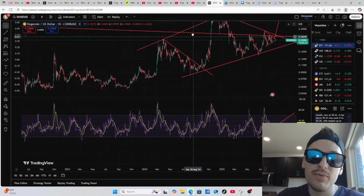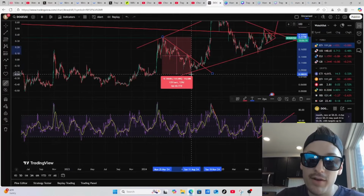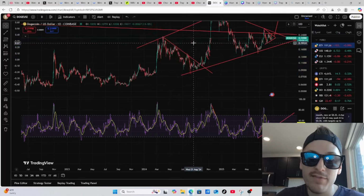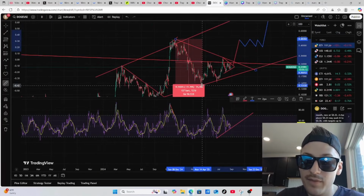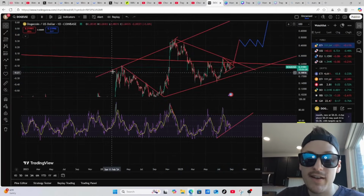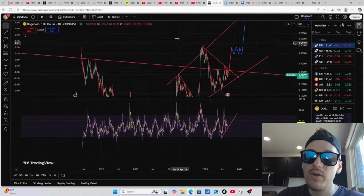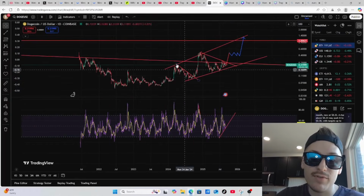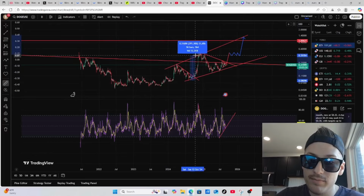And I know holding through one of these, no one wants to do that, right? 64% from the bearish divergence. 72% from the bearish divergence. And the quicker you can identify this and accumulate down here, the quicker you can learn to swing this coin, which yields massive returns. I mean, from the bottom,